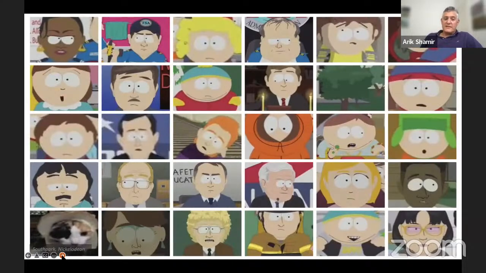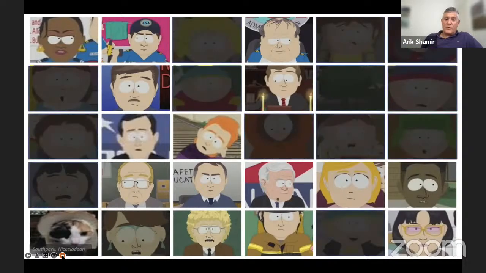In this case, this is the South Park series, and this is one of the chapters, and again we found all the different characters in the movie. You can see all the main characters, but what's interesting here is that you can also see what is called the long tail characters. These characters appear only a small amount, or maybe in only one chapter of the series, and still our algorithms could detect them and find them in the movie.